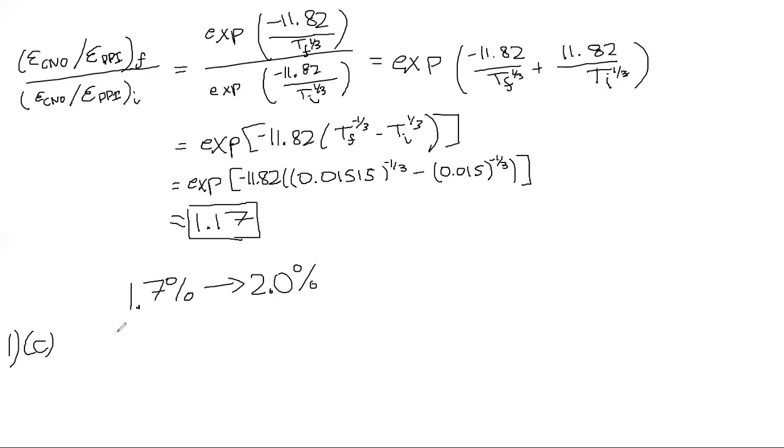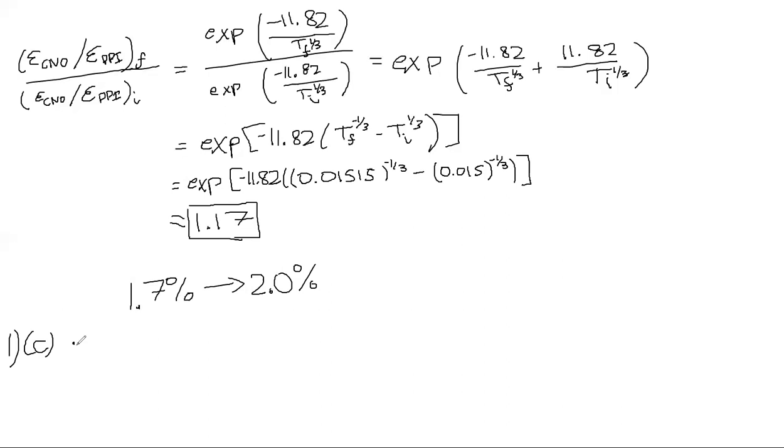And then let's quickly attach part C, since it's pretty short. Part C is asking us why are higher temperatures required for the CNO cycle to operate than for the PP chain. Well, as we saw in part A, there are